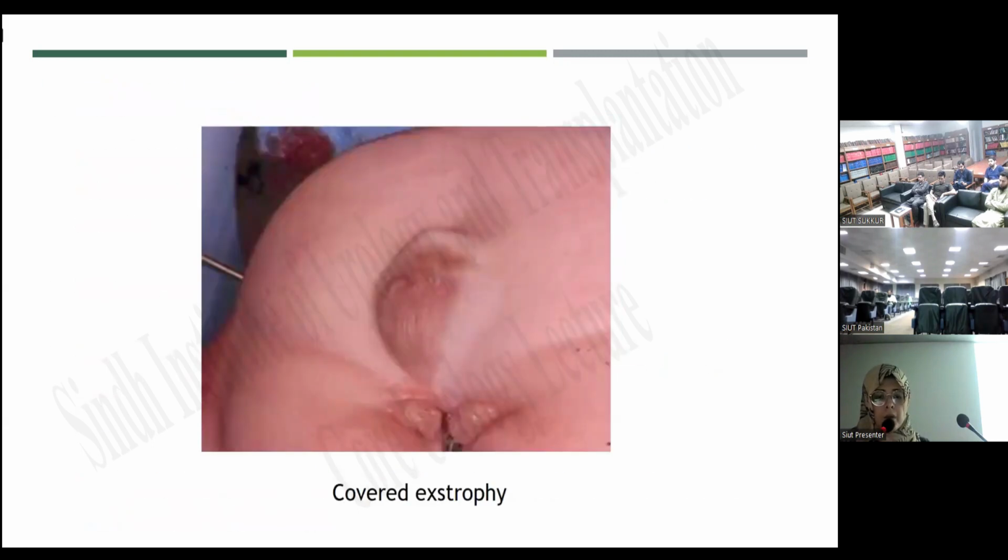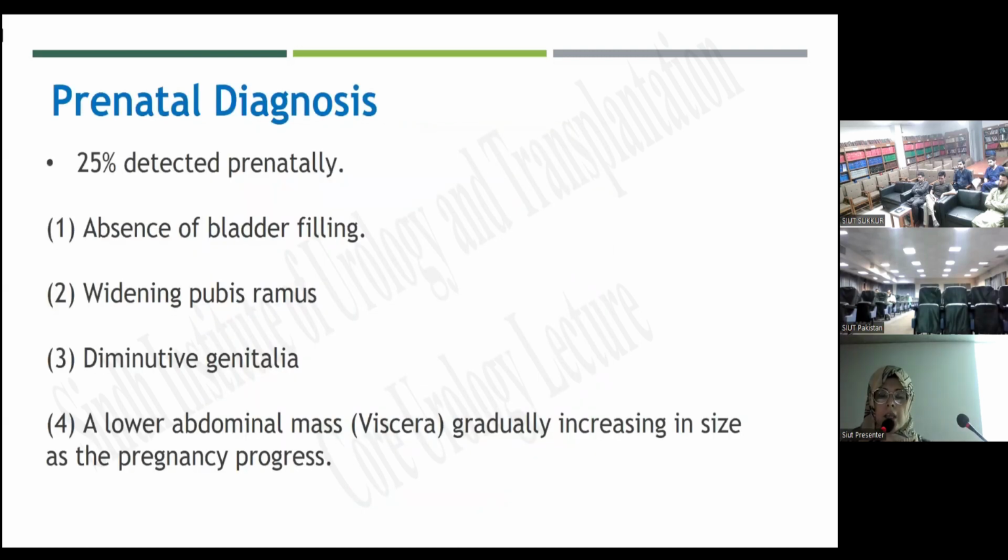This is the covered exstrophy. You can see the thin membranous skin present over the bladder template. Okay, and the exstrophy can be diagnosed initially in 25% of the cases, and the ultrasound findings that